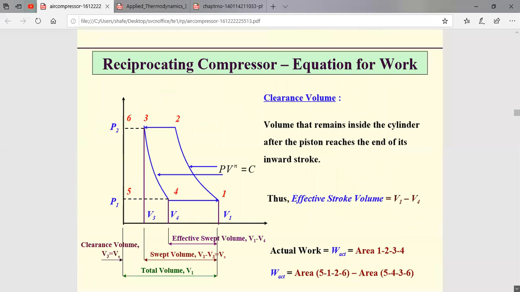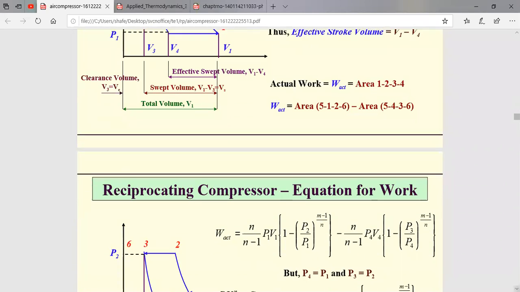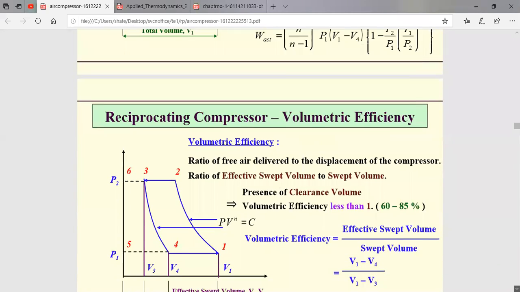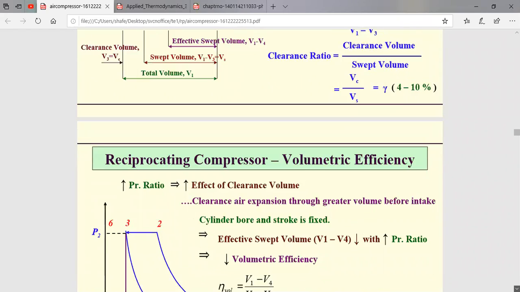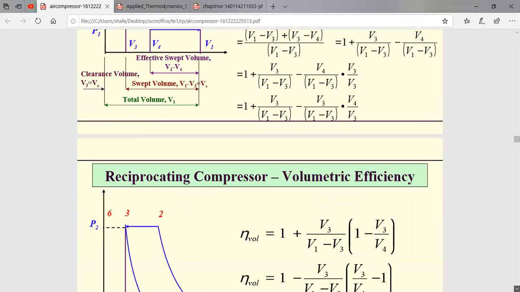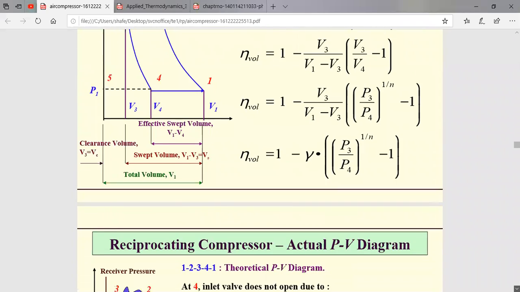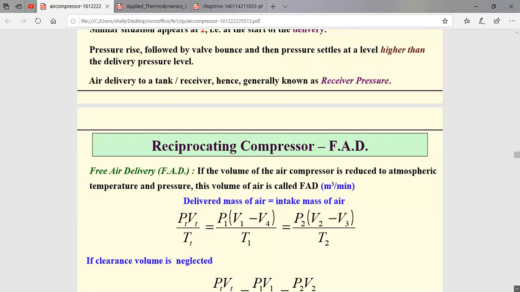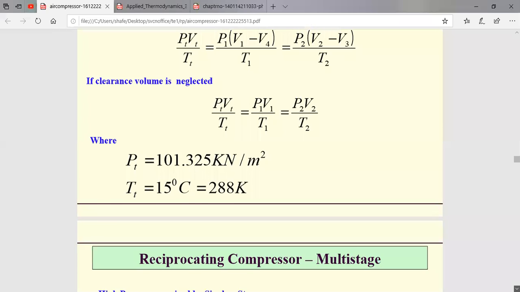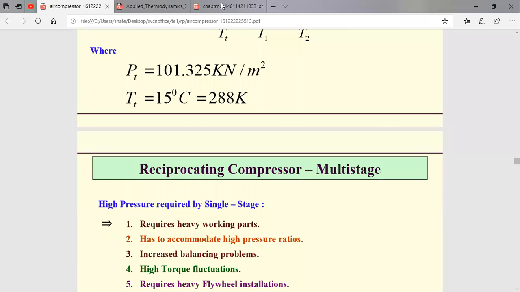Before going to this particular thing, I'll come to the clearance volume and all those things afterwards. All these parameters I'll discuss one by one. Okay. Yeah, all these are parameters we'll discuss one by one, right? Okay. Now I'll just go for one problem. Now you can understand.